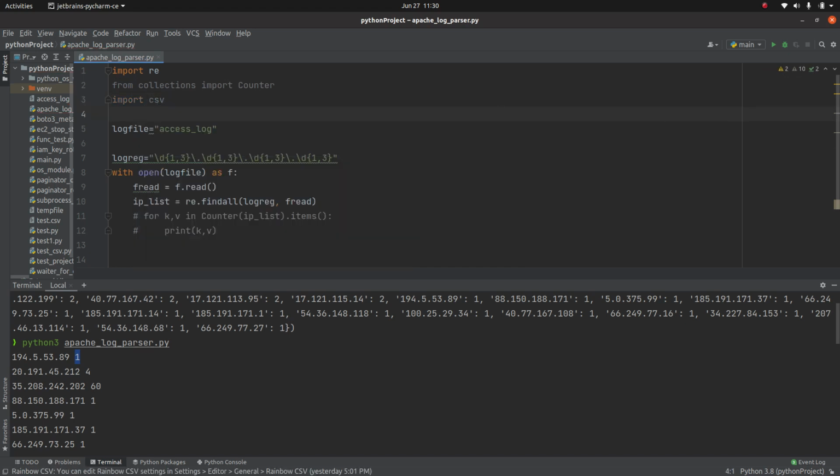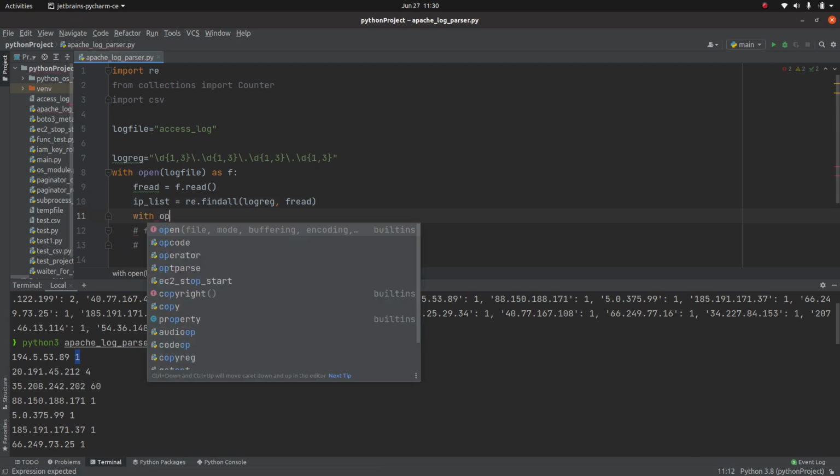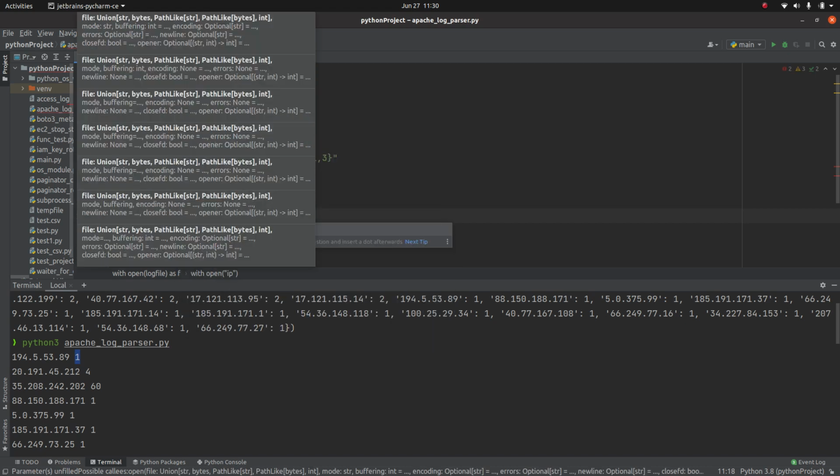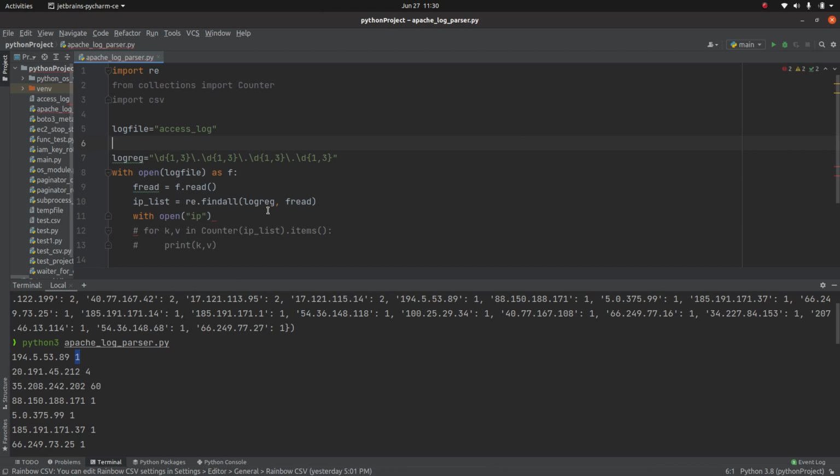The syntax is similar to what we have done for opening our file. With open, I can give the file a name. I'm giving the file name as ipcount.csv, and this time I'm opening this file in write mode, as file.